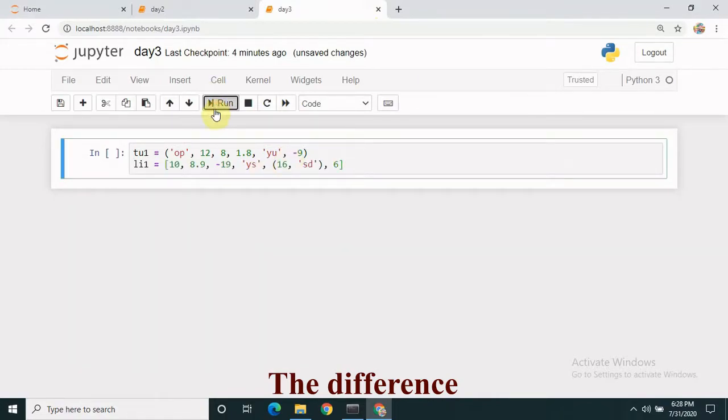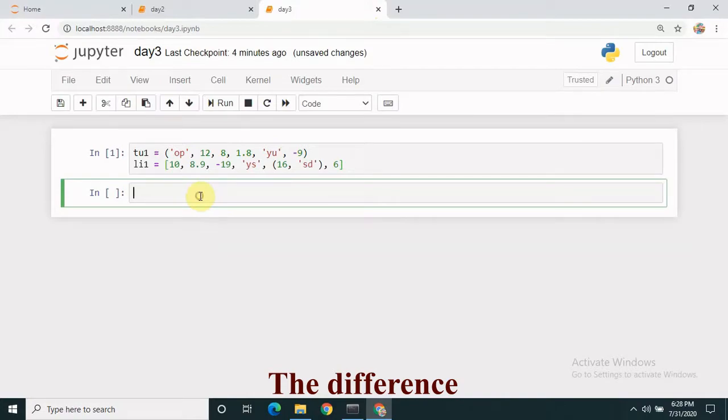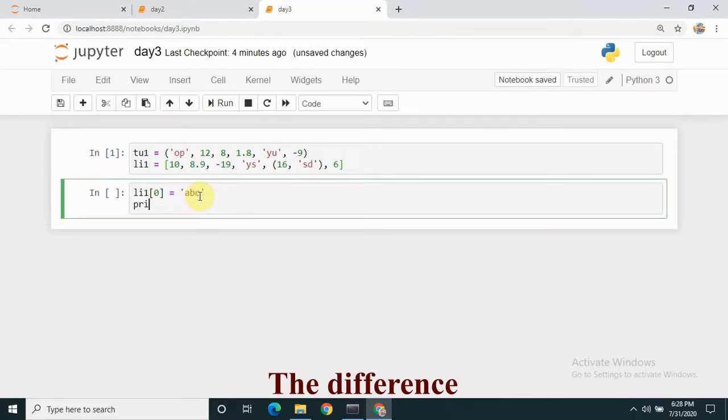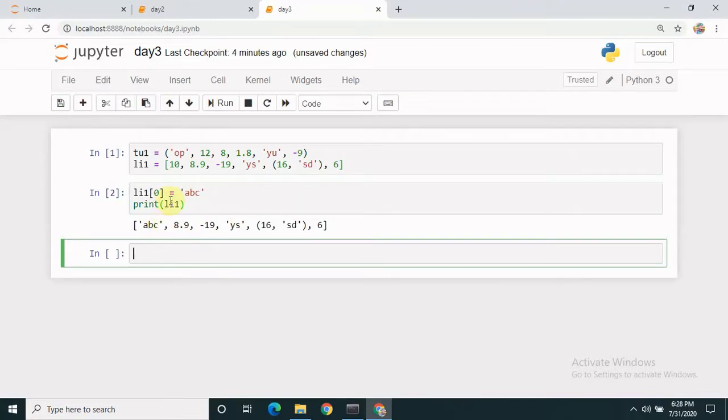Run it. Now, I write here li1[0] equal to ABC. Print li1. Notice the first element changes to ABC.